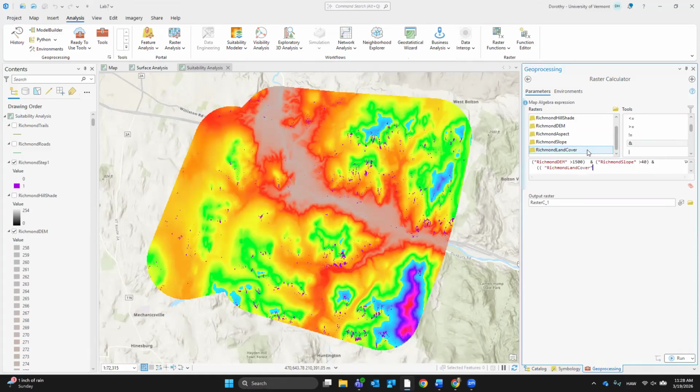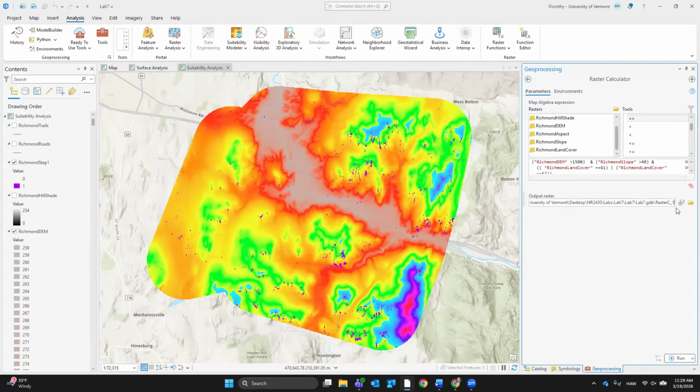Land cover, come on, is equal to 61. We could try doing it this way since it was weird to us last time. Or 62. Land cover is double equal to 62. Probably need to put parentheses here though, otherwise the code is going to get angry. Not angry, just doesn't like it when you try to do weird stuff.